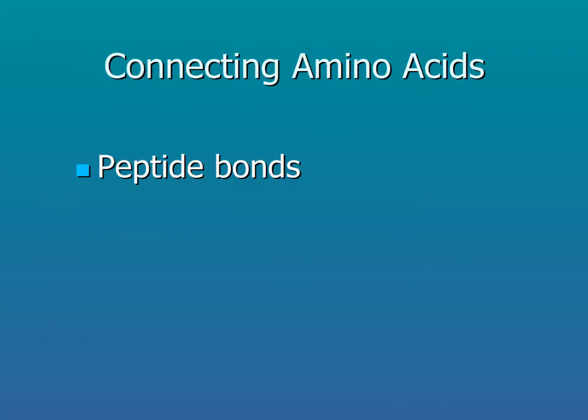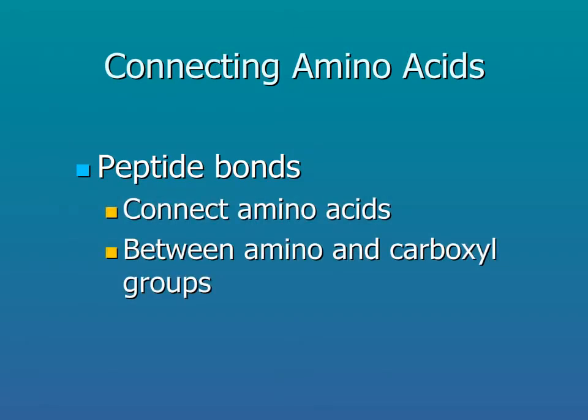To form proteins, the amino acids must be connected together. As with any biomolecule, the monomers are bound to each other with a covalent bond by a condensation reaction. However, we give a special name to the bonds found between amino acids: peptide bonds. These bonds occur between the amino functional group of one amino acid and the carboxyl functional group of another amino acid. Now let's look at the formation of a peptide bond between two ionized amino acids in a cell.